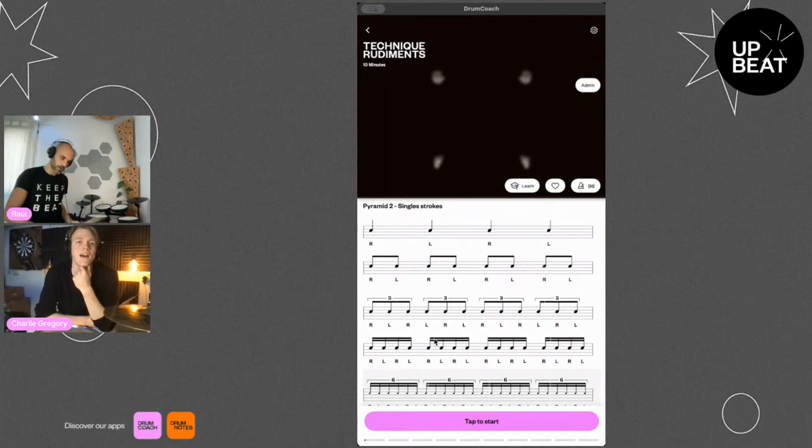So, for example, 1, 2, 3, 4. I think that's maybe a good way to practice these two movements that you were saying before.